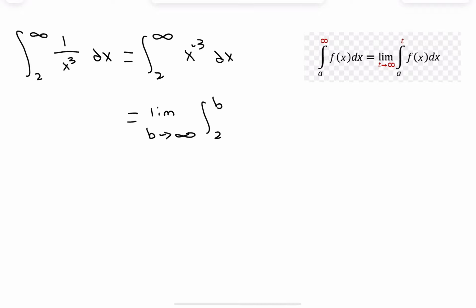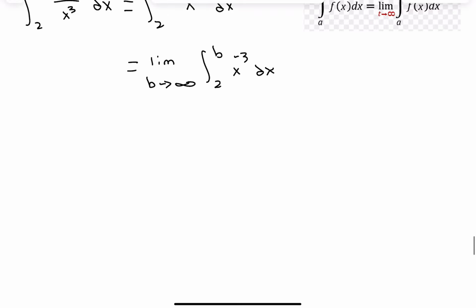So we can rewrite this example as the integral from 2 to infinity of x to the negative third with respect to x. And now rewriting this using the limit definition, this is equal to the limit, and I'm just going to use b instead of t, so as b approaches infinity of the integral from 2 to b of x to the negative third with respect to x. So this is going to be equal to the limit as b approaches infinity